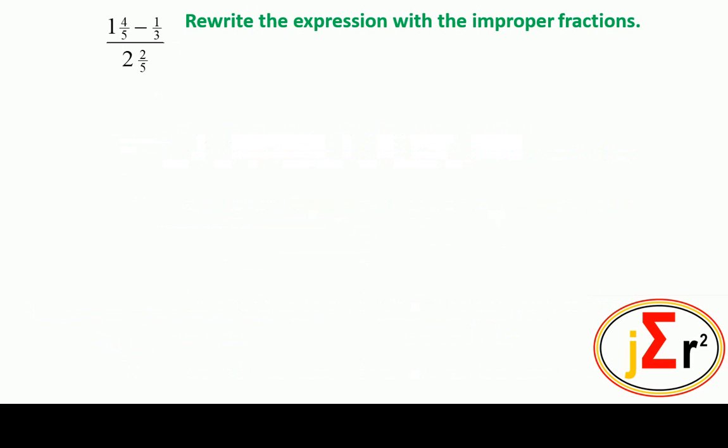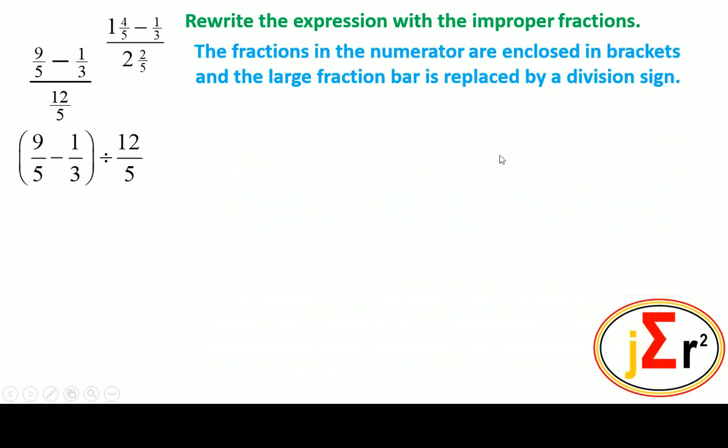Now we'll go straight ahead and manipulate the expression. We will replace the mixed numbers with their improper fraction equivalents. The 1 4/5 will be replaced by 9/5, and the 2 2/5 will be replaced by 12/5, or we just say 12/5. We have done that. Here, the fraction in the numerator, which is this large fraction, well, this large numerator